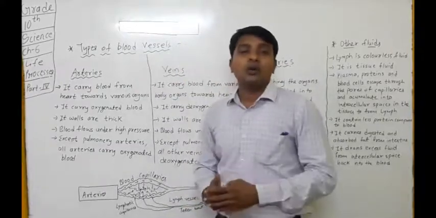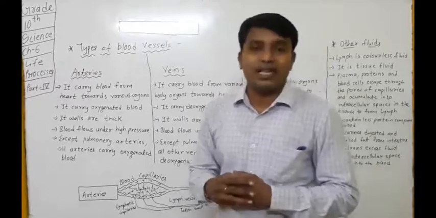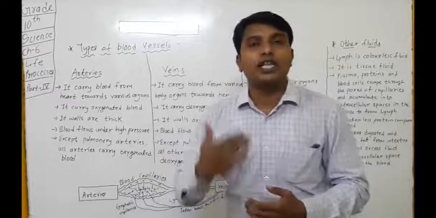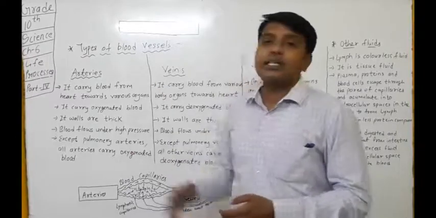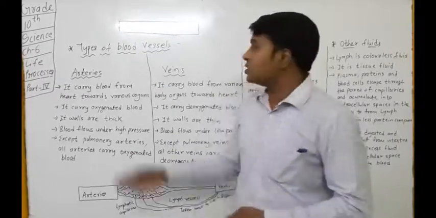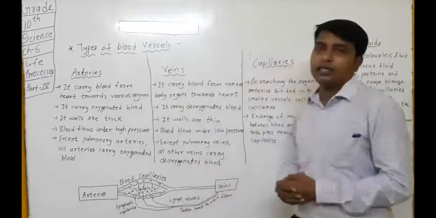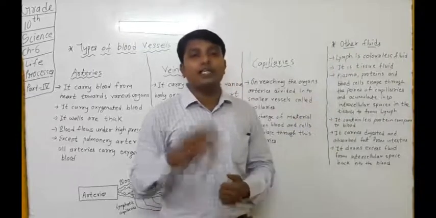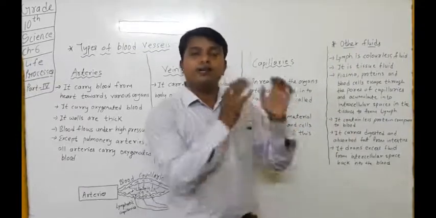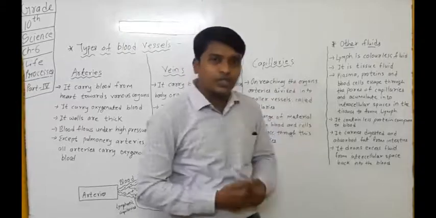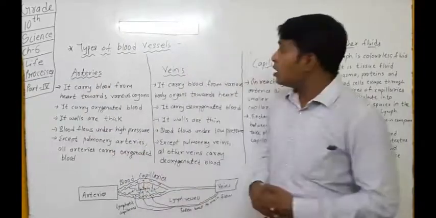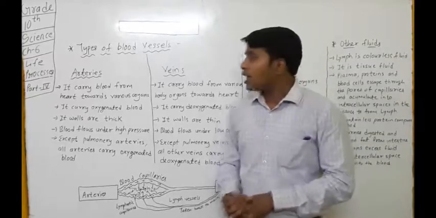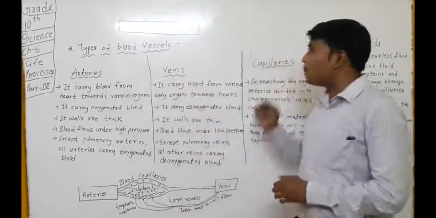So now we are going to learn about the various types of blood vessels that are present in our body, which help in the circulation of blood in the body. So our blood vessels are divided into three types, that is arteries, veins and capillaries. One more fluid I have written, that is lymph, that also has some major role to play in blood circulation, but that we will see in the later part of this session. Let's focus on our topic, that is blood vessels. So there are three types of blood vessels, and they are arteries, veins and capillaries.